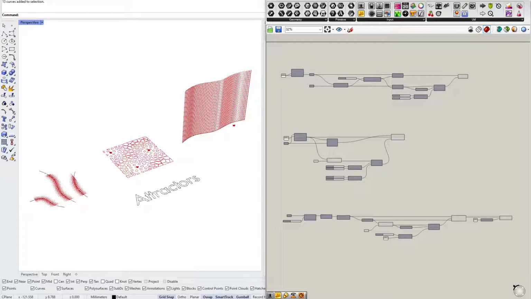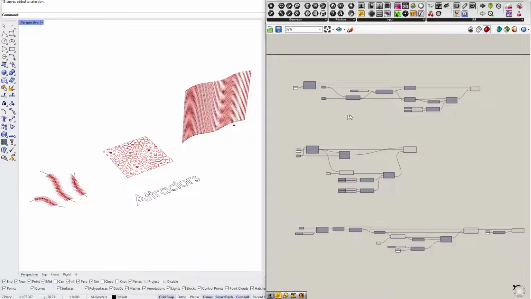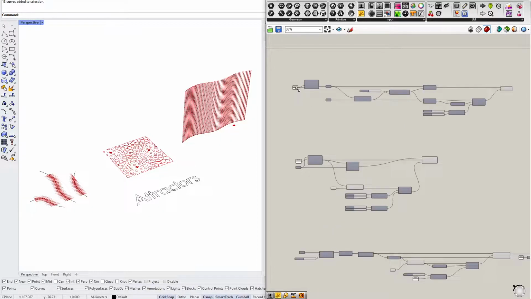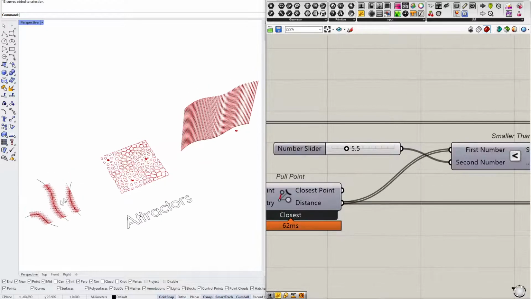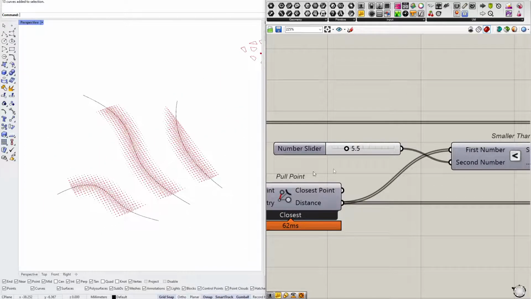Hello, in this tutorial I will show you how to use attractors in your Grasshopper scripts. I prepared 3 very simple definitions that I will do from scratch as I will be explaining all the required elements. So the first one is using a linear attractor, and basically I'm using those elements to filter out points